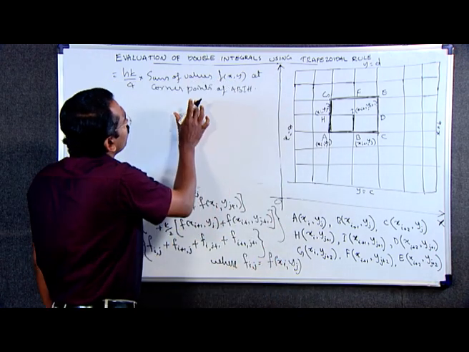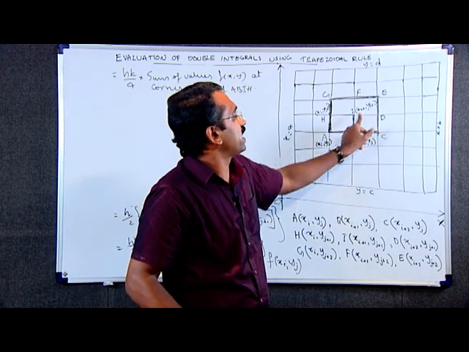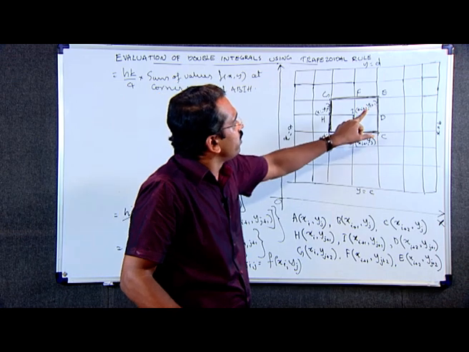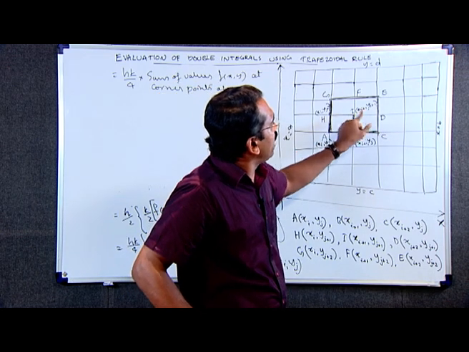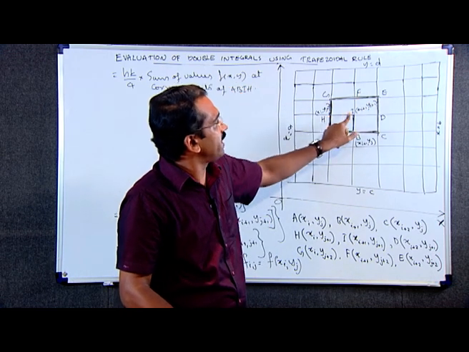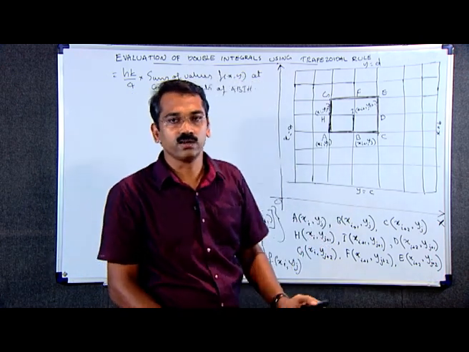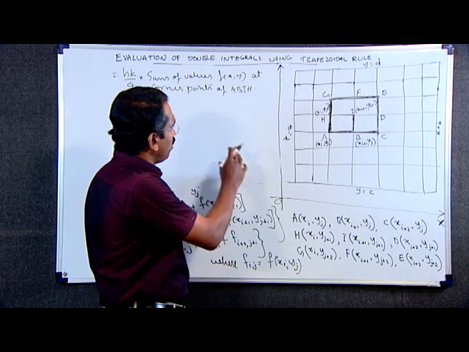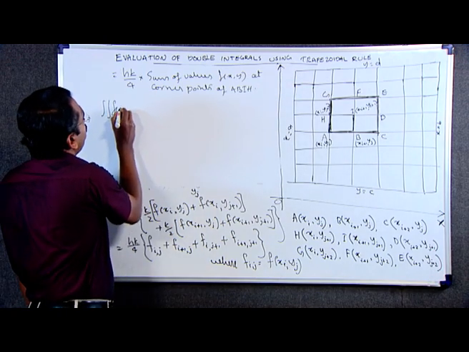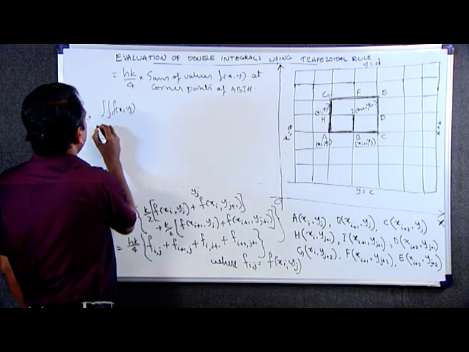Now, we evaluate the double integral for this subrectangle BCDI like the previous evaluation. Then for the subrectangle IDEF, and then this subrectangle HIFG, and in order to get the required double integral, we add all these values, that is the double integral of f of x comma y over this rectangle ACEG